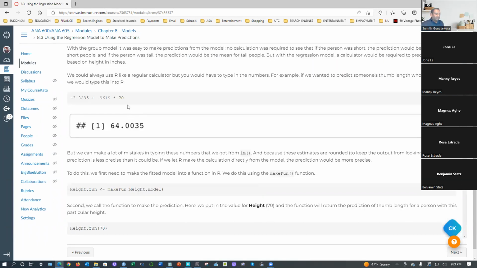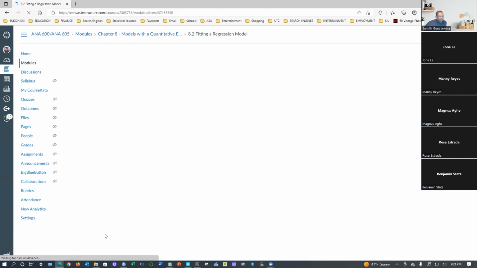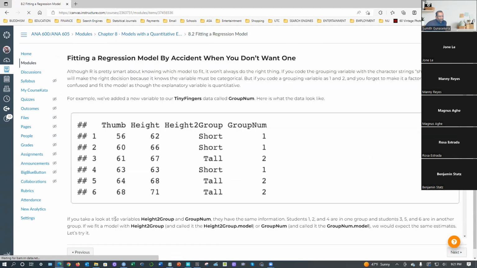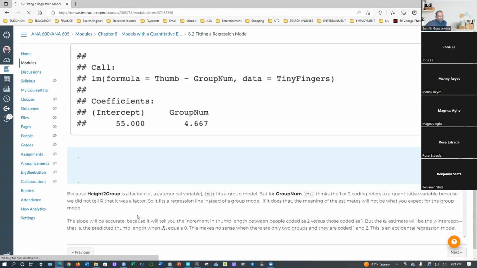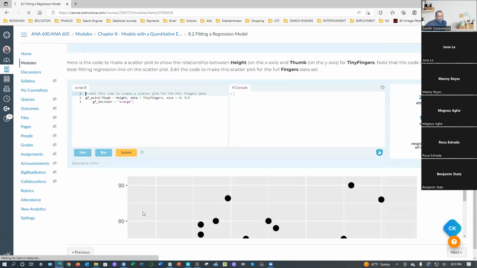70, would that be a part of our data set? Would that be a part of our data set? No. Can you remember, when it comes to drawing that graph, our data pretty much goes from the shortest one, 59, all the way up to 68. But we are looking for somebody with height 70. Can you remember our graph? If you go back to the other side. This one, this one, this one.